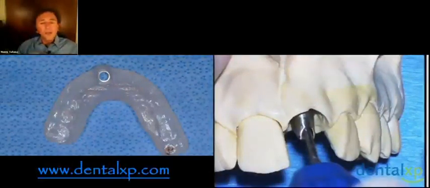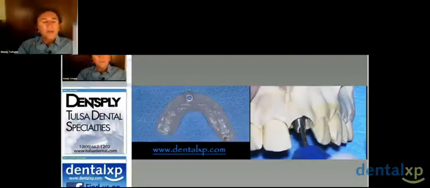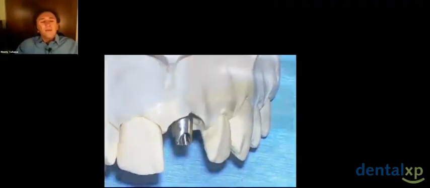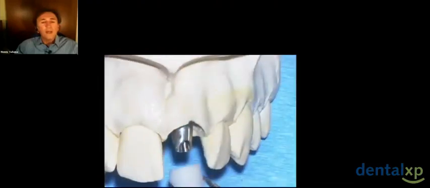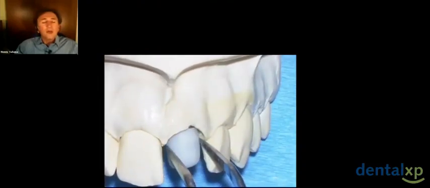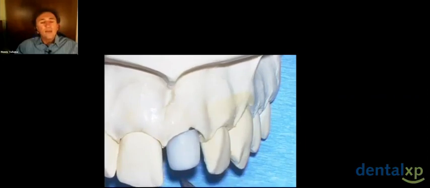How else can we do it? Not only today do we use our virtual treatment plan to know how to place our implant and to create surgical stents to place our implants, we can actually then transfer that information to the restorative dentist or the laboratory technician and allow them to actually place an analog on a model and create a situation where they can virtually take that information that we created virtually on the computer and actually transfer it to a model